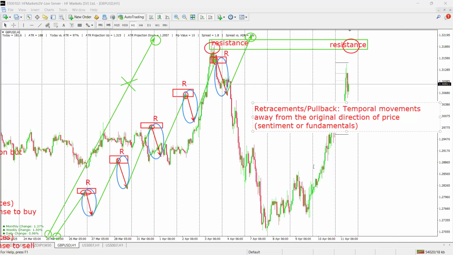But the market also understands that this price will not go up in a straight line. So the market knows that there will be some retracements. That is, price rises, gets to a resistance, retraces a little bit temporarily, and continues its movement back up. It retraces a little bit temporarily again, continues,